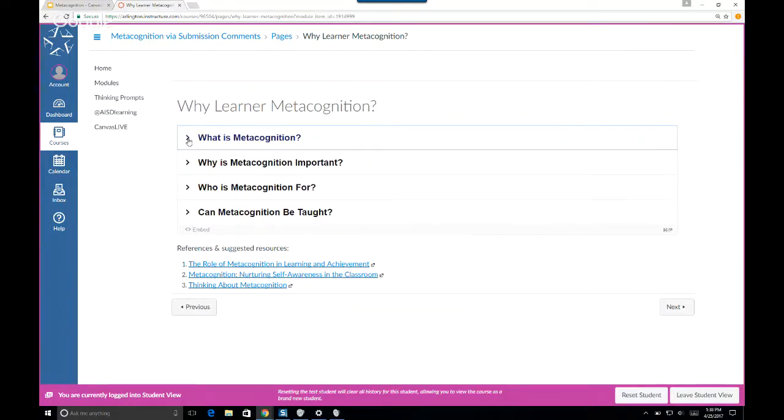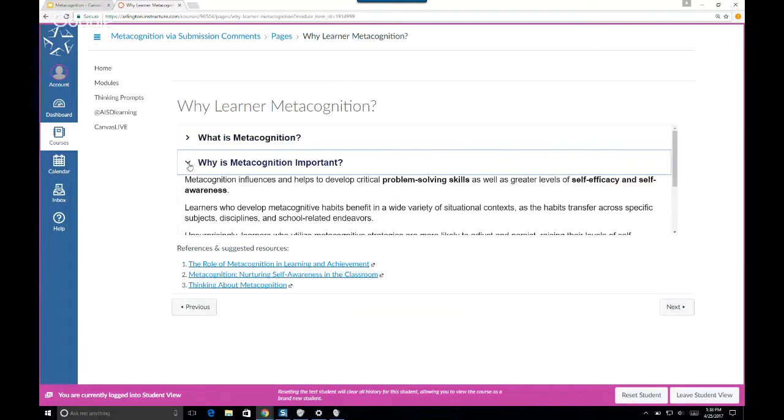So if you'll click in the second field, you'll notice that research has really told us that developing this ability to be reflective in your thinking and being metacognitive really helps to build problem-solving skills. As some of my colleagues in the community talk about frequently, it also is very much tied into this idea of growth mindset, self-efficacy, believing that you can actually have an impact on the outcomes in your life, and also self-awareness.